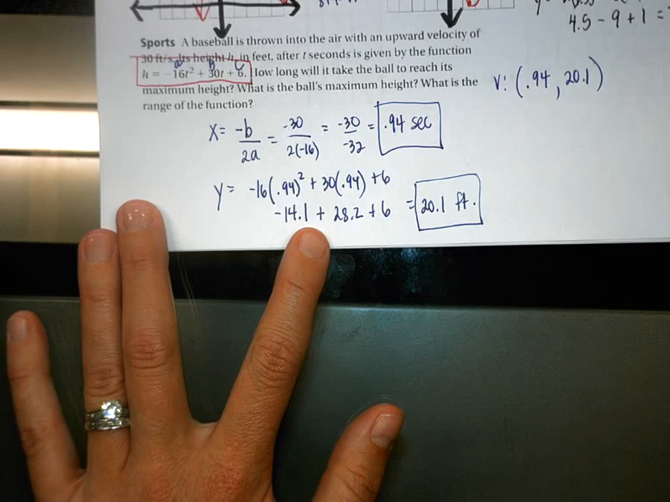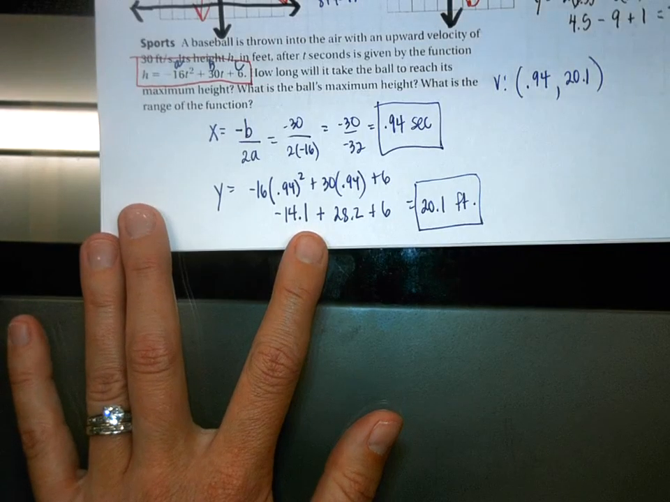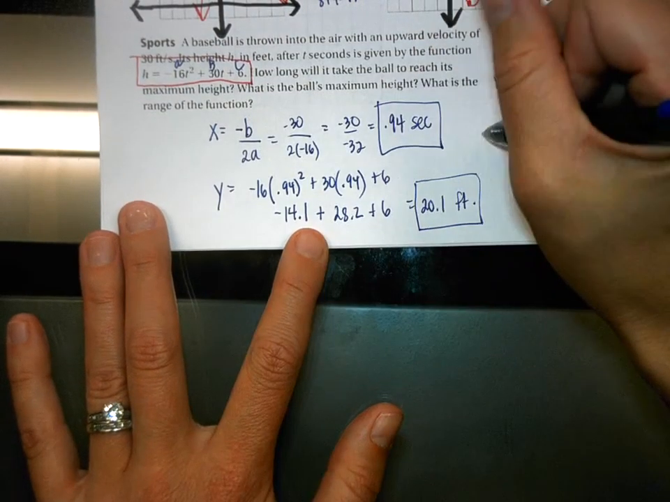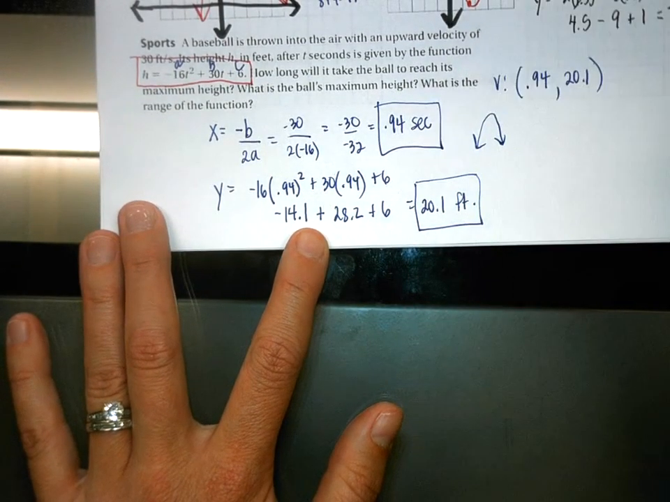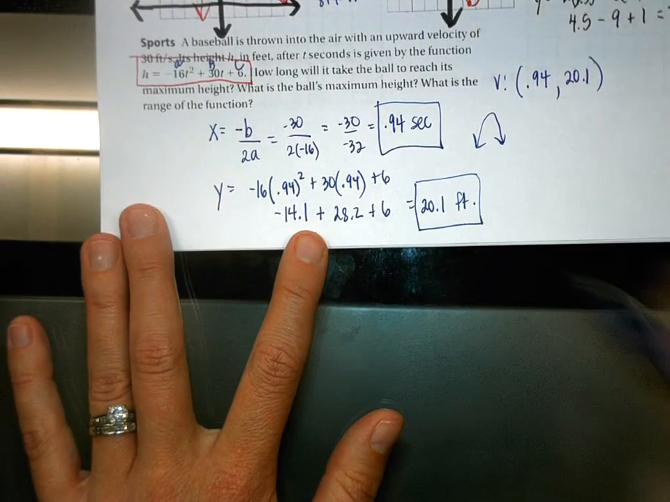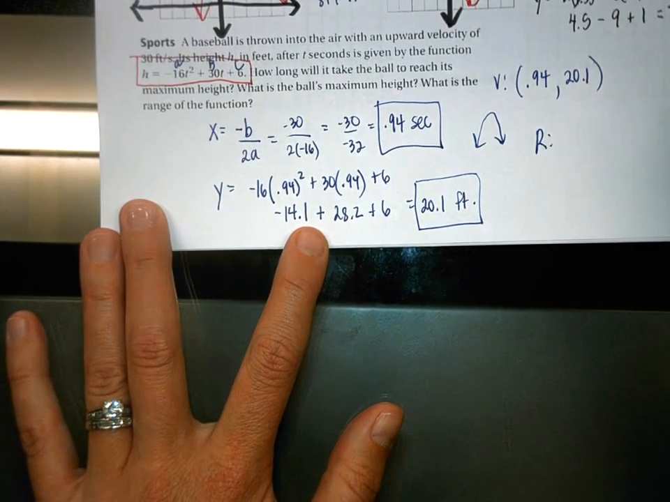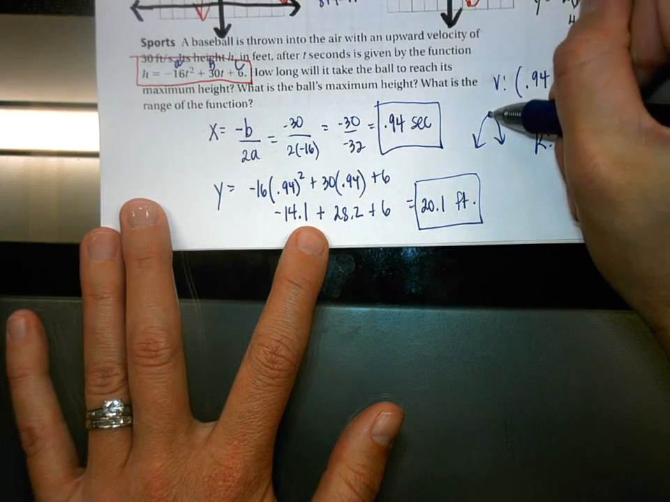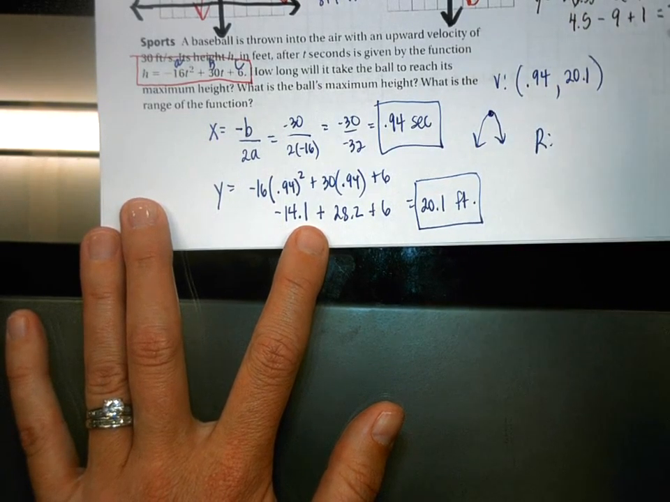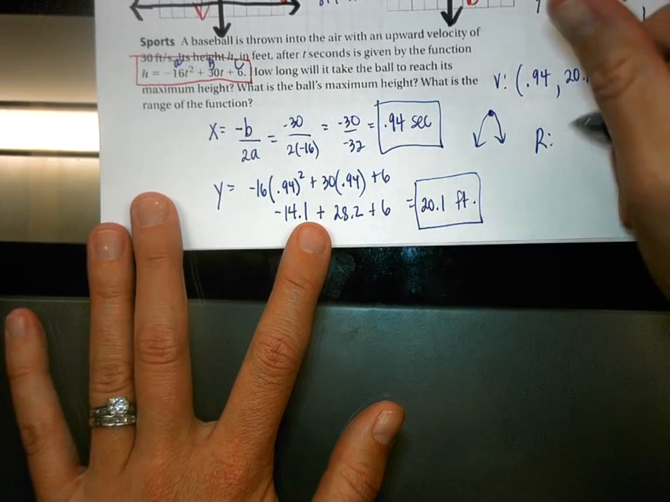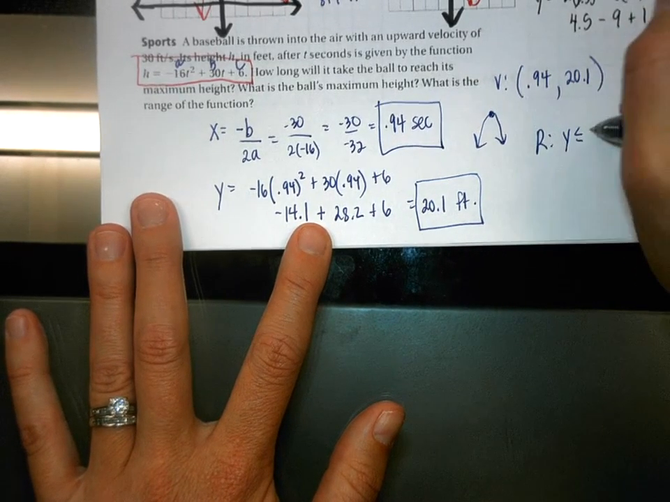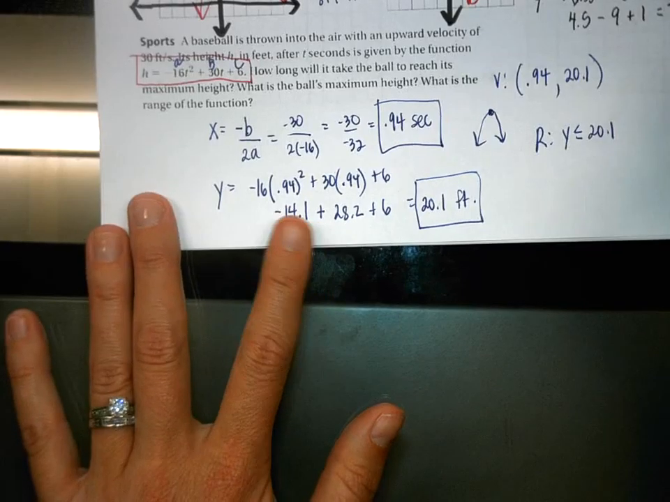Now, would this parabola be going up or down, like curving? Down, because the a value is negative, right? So this one would curve like this. So what would the range be if it's curving like that? Greater than or equal to 0. It's curving down. Yes. Okay, and so we could put y is less than or equal to 20.1, but more specifically, actually on